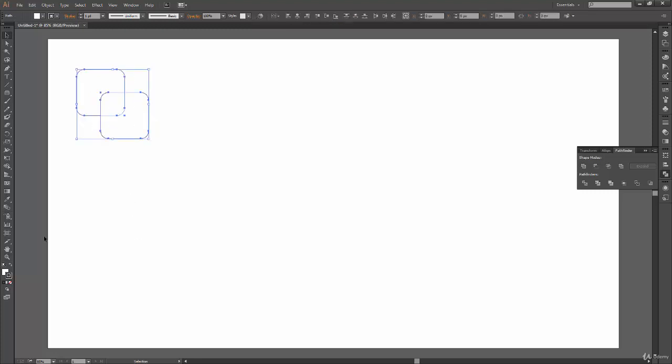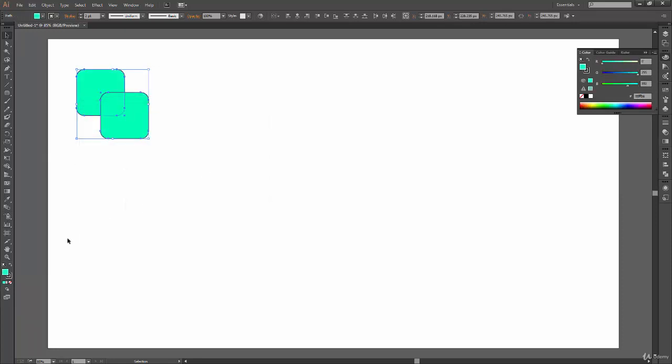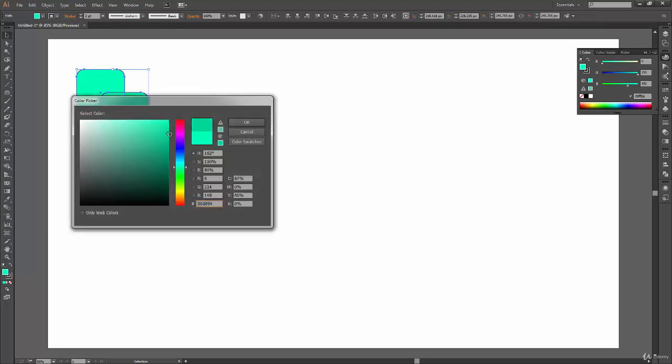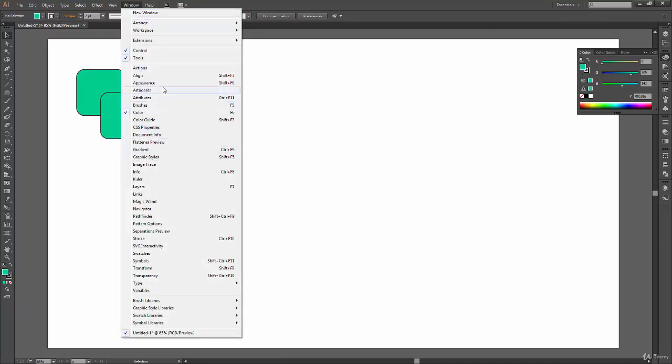We have some kind of stroke here. Let's make it 2 point, and for the fill we can have a decent color. Let's go with something like this, maybe a little darker. Okay, this looks fine. Let me open my Pathfinder panel again, and here I have Pathfinder.